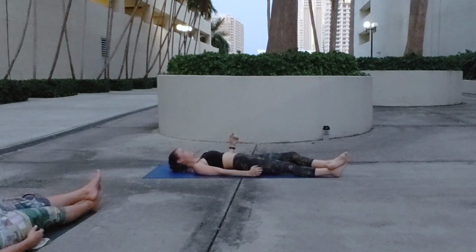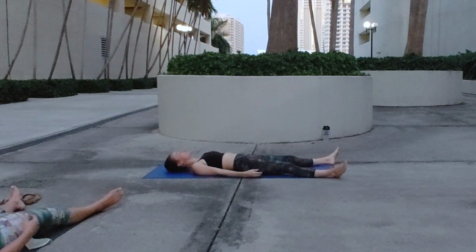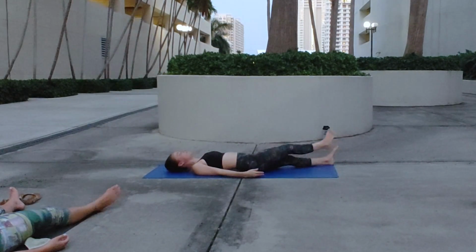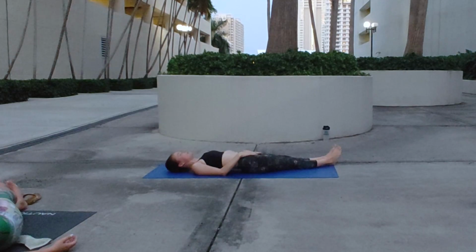to center, then opening the legs back to the corners of your mat. Maybe just pause to notice for a moment. Does one side feel more open than the other? And then when you're ready, we'll slide that right foot to meet our left. It might be different this time, so it could be under instead of on top, or side by side, whatever